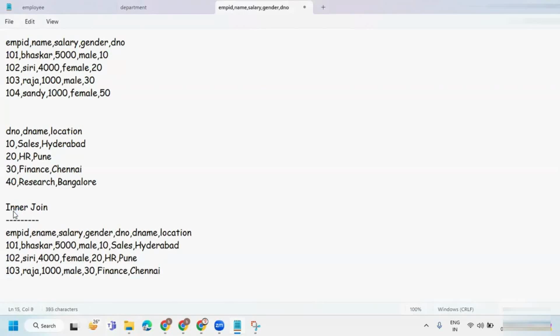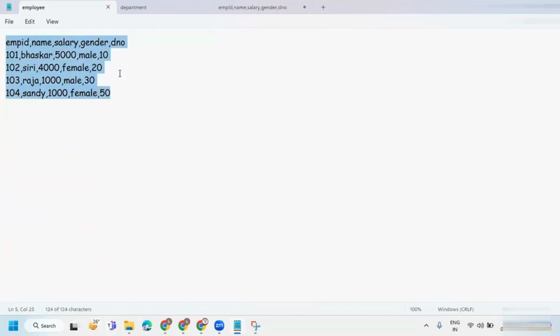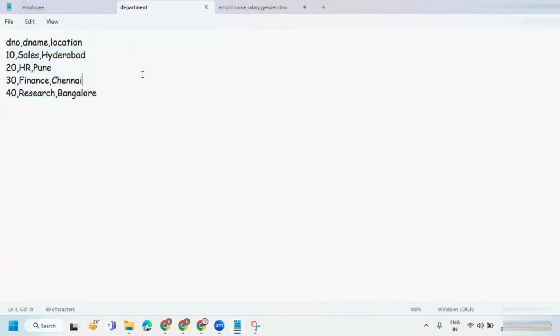This is for inner join. So inner join gives only matching records between the two tables. So let's go and do practically how exactly it is going to happen so that you can get better clarity about it. So I wanted to upload these two files